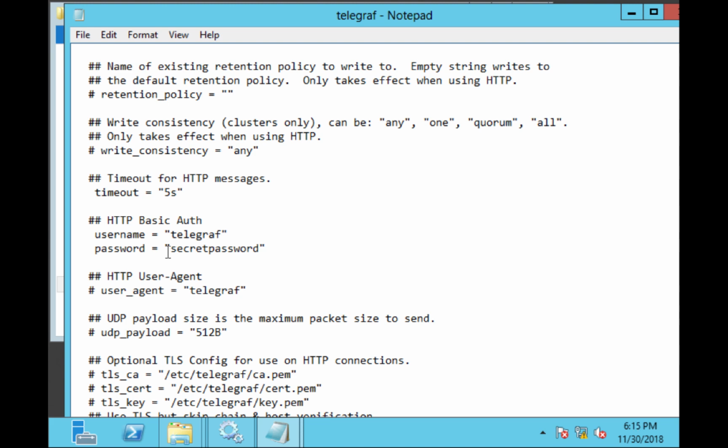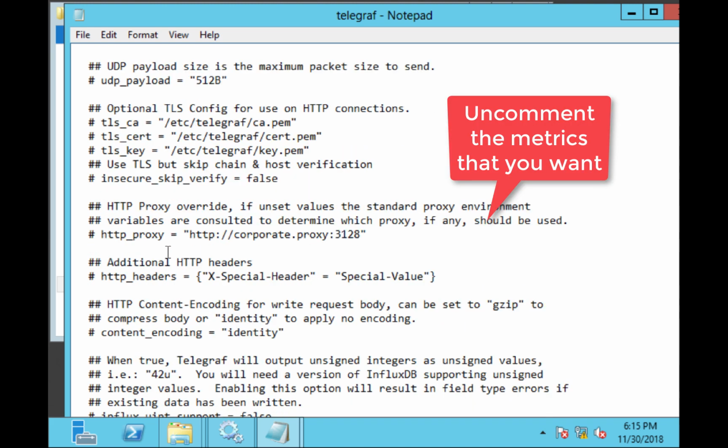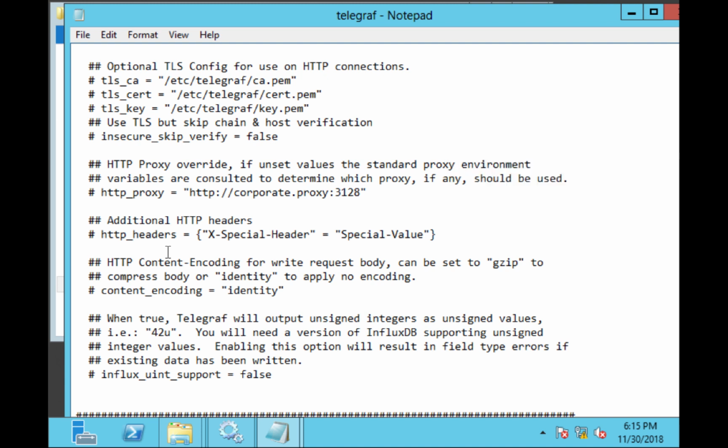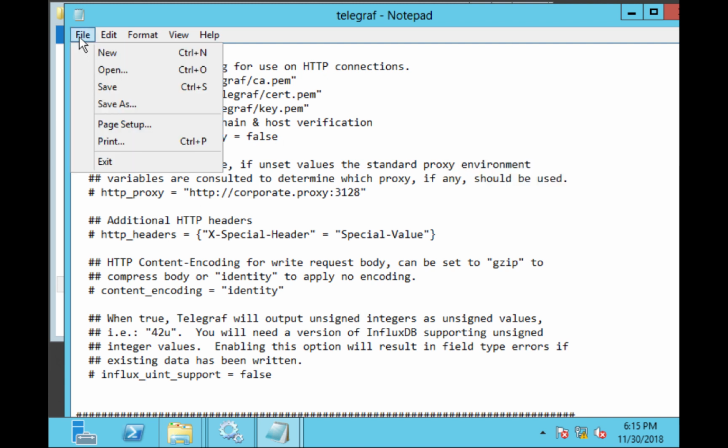And that's it. The Windows one will come with some defaults. You can look around and customize it to your liking. Otherwise, just hit File and Save. Once you save that file,